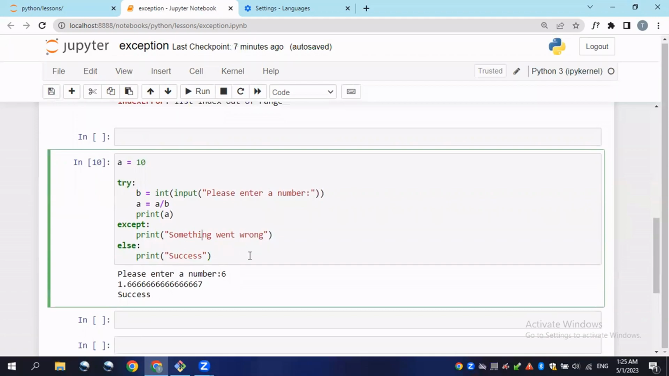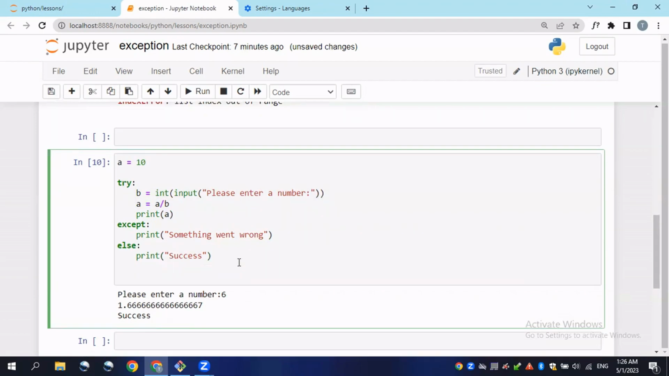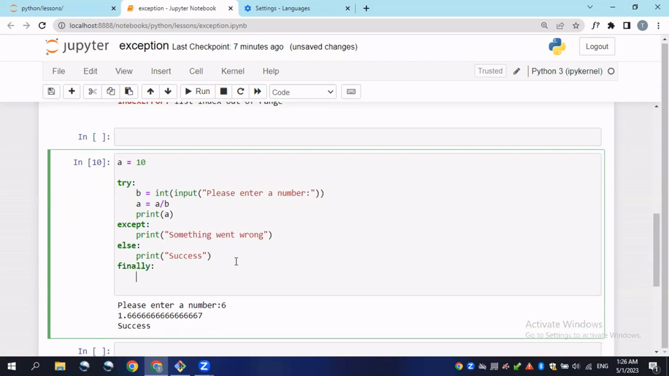What do I mean? The else is printed out only when the try does not raise an error. Else is executed with try only if this code is correct. But finally is executed anyways, no matter if your code is right or wrong here. If I type in finally here, and click print